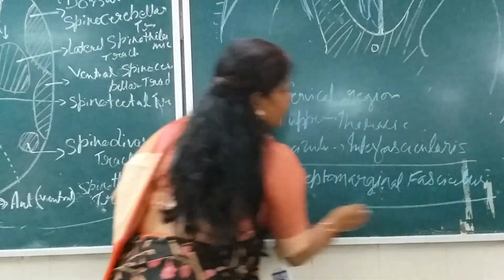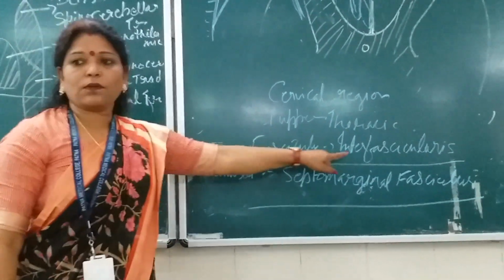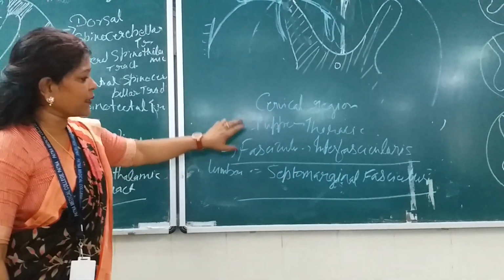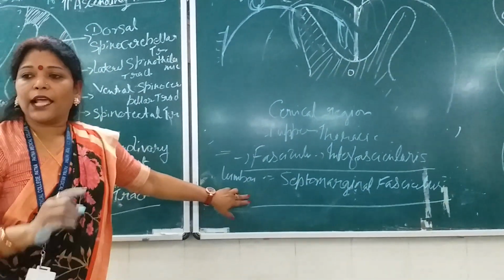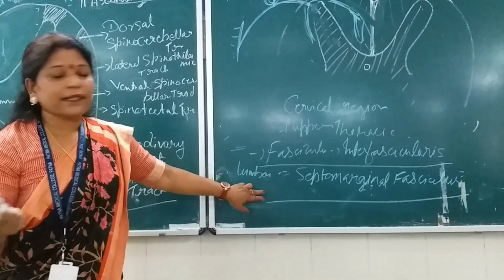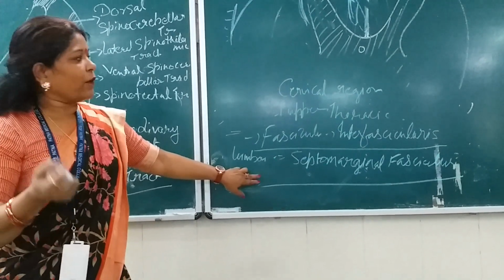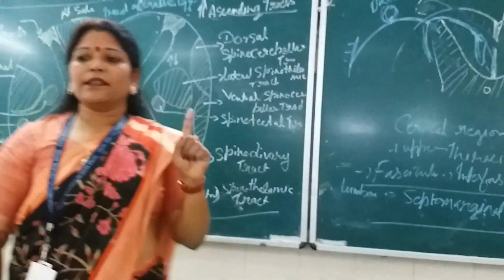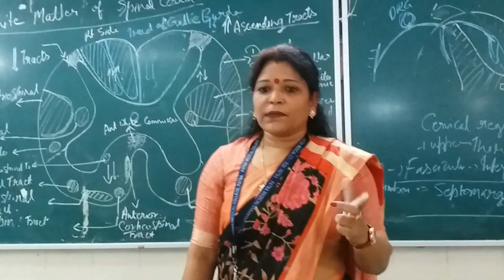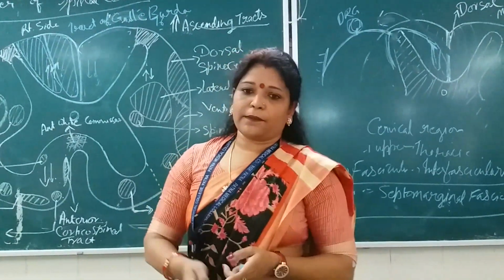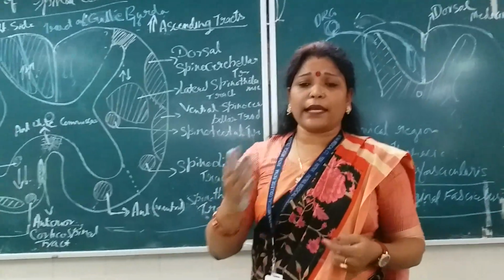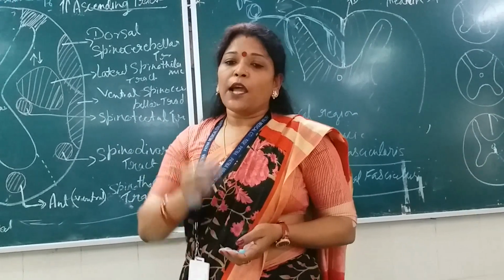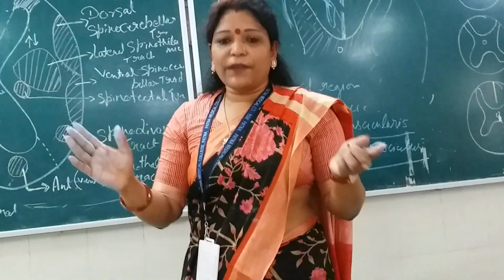Okay? Then this fasciculus interfascicularis and the septo-marginal fasciculus, which are present in the upper cervical, thoracic and the lumbar region, help in the intersegmental reflex activity of the spinal cord. And now you have understood from where these descending fibers are coming in the dorsal funiculus. Clear? So mainly it is not related with some specific function like the other ascending and descending tracts, but it is mainly concerned with the reflex activity.